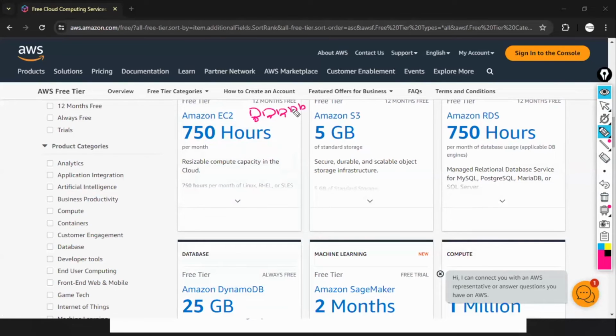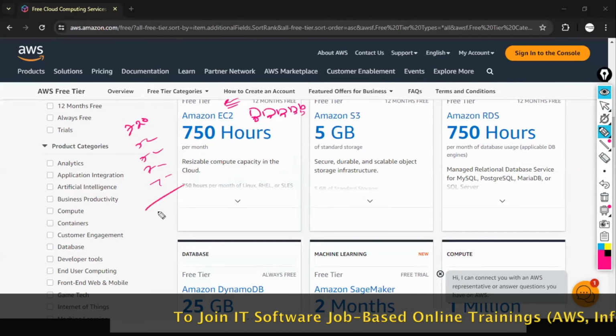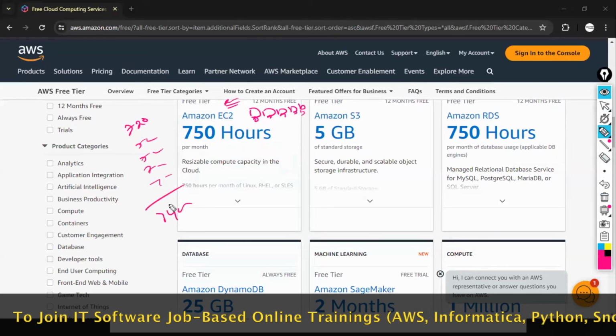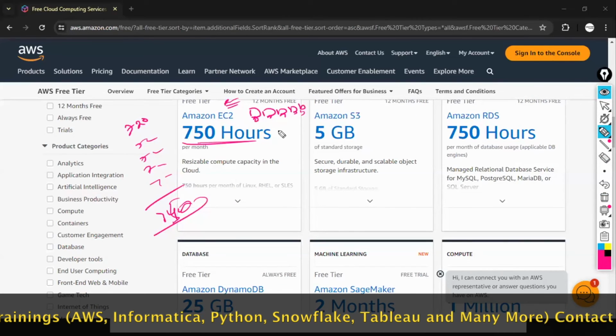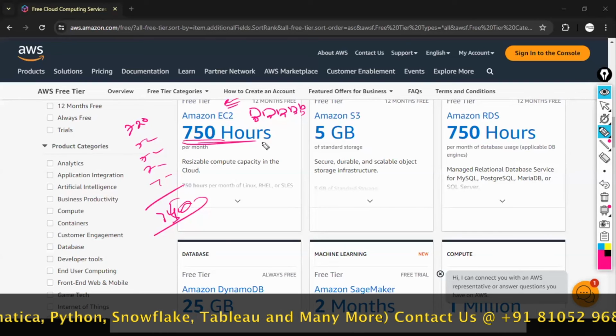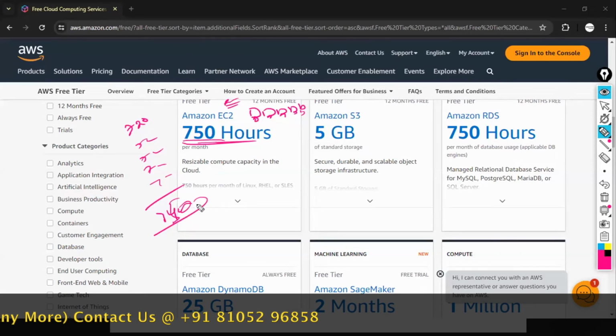If these 5 servers are in running state continuously 24/7, then it will exceed, right? 720 hours times 5 is almost 3,500 hours. You will be exceeding this limitation per month. Per month, it is giving only a 750 hours maximum limit. If you exceed 750, then billing will be generated. So you need to be careful.